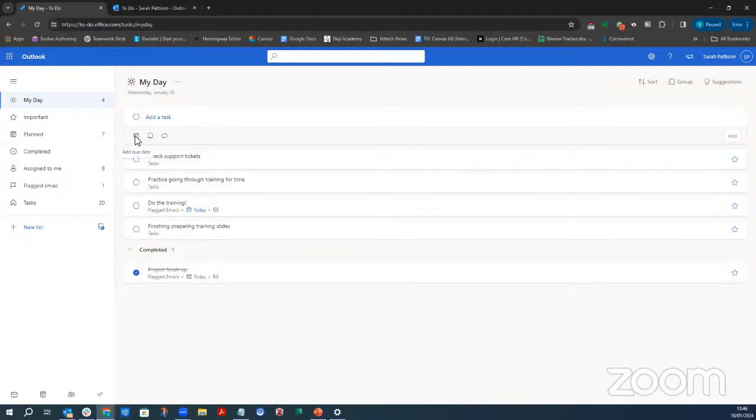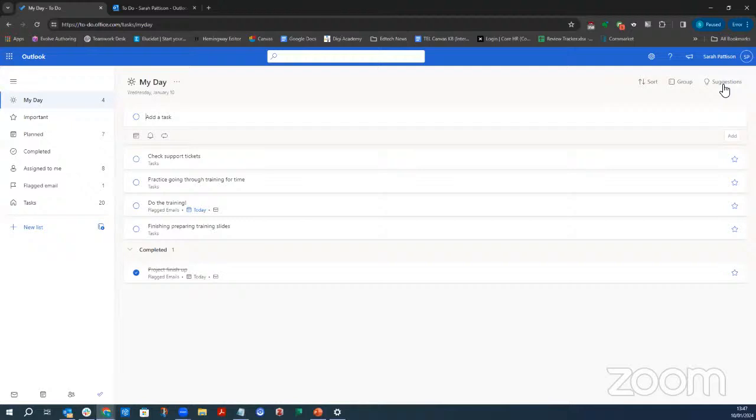You can also add in due dates, remind me things, and repeated things. Also, if you've ever used Microsoft Planner, it can be linked with that. And I don't really have time to go over that today, but if you ever use Planner, repeated things can also appear on here, and if you click suggestions, it'll also suggest emails you've gotten that you can add to your to-do list. And another thing you can do, and I will show you this,